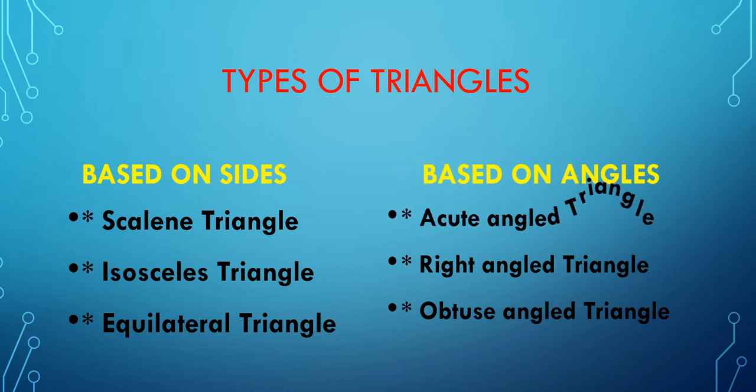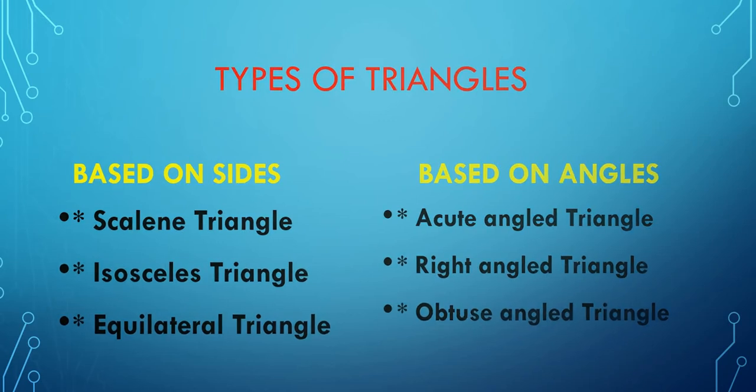They are acute angled triangle, right angled triangle, and obtuse angled triangle. So let us see what are the types of triangles. First one is